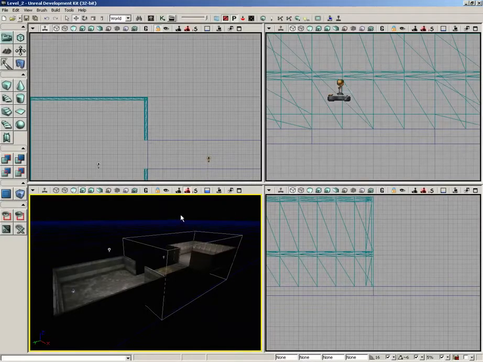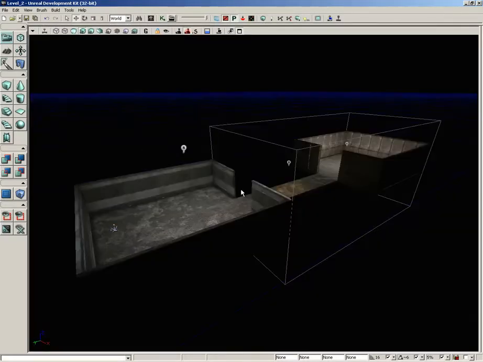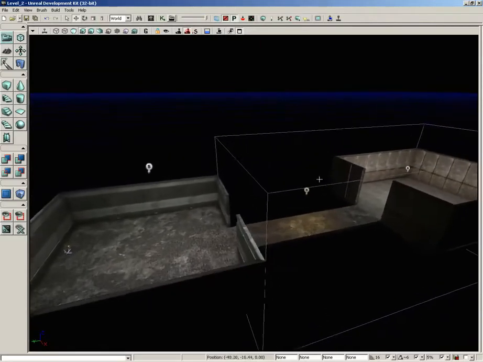The next button on our viewport toolbar is Level Streaming Volume Previs. Now this is a very specific button. It's really only going to be useful, one, if you're using level streaming, and two, if you're streaming by way of level streaming volumes. So what I've done is I've set up a really quick example of a level streaming